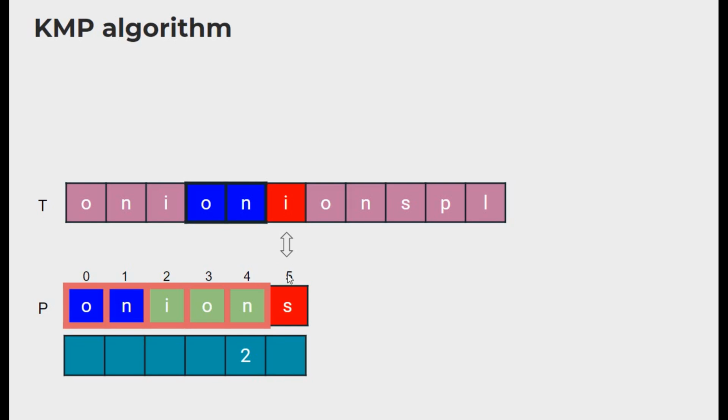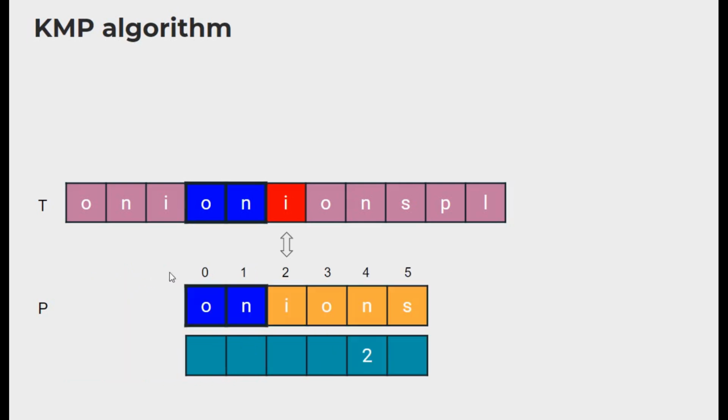In this example, the mismatch occurs at the 5th index, which means until the 4th index, all the characters have matched. And if I go to the 4th index of the table and it tells me the length of the longest prefix that is also a suffix until the 4th index, in this case, if it says 2, I will understand that the characters in the 0th and the 1st index are already matching. So it's enough if I start comparing from the 2nd index. I can skip all these comparisons without moving this pointer for the text. We are now able to determine from which position in the pattern we should begin our comparison.